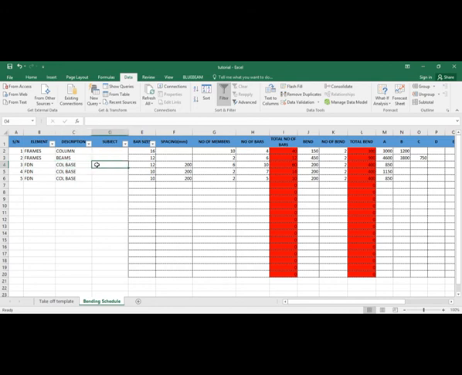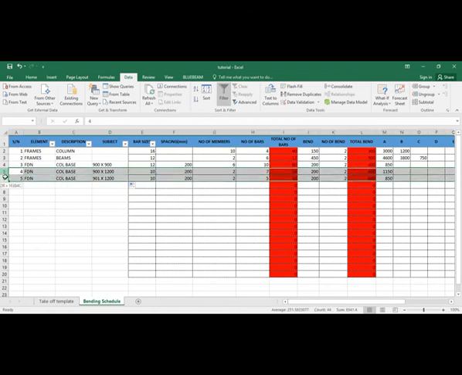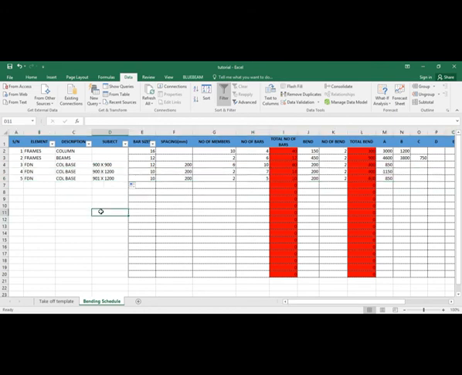Now you can come here and say the first column base is 900 by 900. This one is 900 by 1200. So just repeat, because these two are the same, they're from the same member. So if you want to sort again, like I said, if it asks you to bring according to what you want, say okay, I need data for only this particular column base in the foundation, just go there and